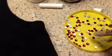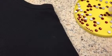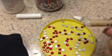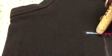And what I'm doing here is I'm taking my clear crayon and I'm just touching the rhinestones with the clear crayon, and it sticks to the crayon like that. And you can carry that over and you can set it down on the glue. I'm doing it very slowly so you can see what I'm doing. Normally I just go very quickly and I tap, press, tap, press, tap, press,